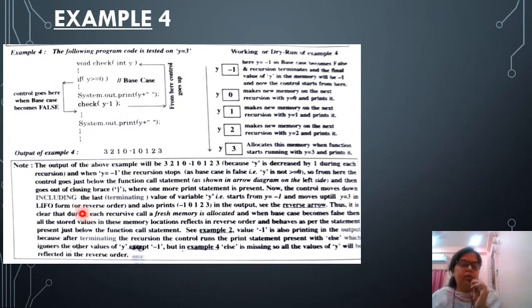Okay, so go through this note and the dry run of the example. There is no need to write down the note in your classwork copy, but write all 4 examples in your copy. It is very important. Write them with the working of your dry run, each and every statement written here in the program. All 4 examples you all have to write in the class copy, but don't write the note that is written in the blog.